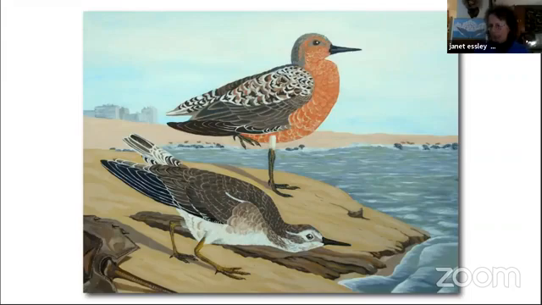They have been used for many things by people over the years, and one of the recent uses of them is in the biomedical industry because a factor in their blood is a toxin detector. So for the last 40 or 50 years, all the medical equipment and vaccines that you or I have received has been tested for purity with horseshoe crab blood. So when the COVID vaccine comes out, know that you are deeply connected, as are red knots, to horseshoe crabs. Next slide.